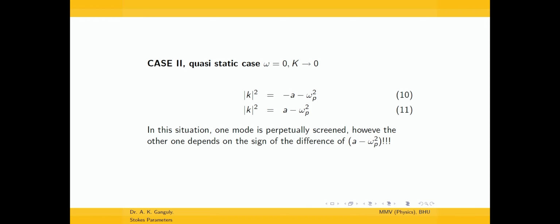In general, when one is in a high temperature state, in those situations the mass of the constituent particles can be neglected in favor of the temperature. And in a situation like that, what we have seen is the unstable mode or the damping mode or the screening mode clearly depends on the scale at which the temperature is